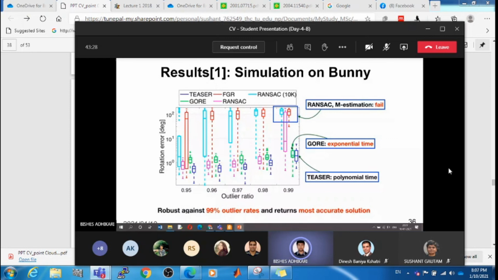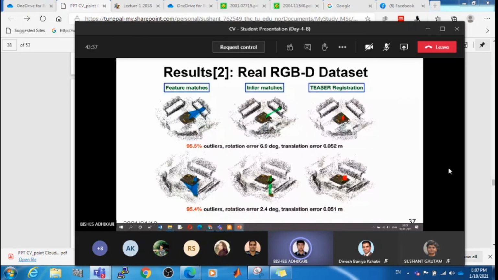The experimental setup has used the 3DMatch dataset, which consists of RGBD scans of 62 real-world indoor scenes with 5,000 randomly sampled key points for each scan. The blue lines over here in the image indicate the original correspondences with outliers obtained from feature matching. The green lines signify the inlier correspondences computed by TEASER, and the registration results from TEASER highlighted in red imply a successful localization and pose estimation of the object. This illustrates that TEASER produces accurate results with very low rotation and translation errors at high outlier rates, giving a robust performance.